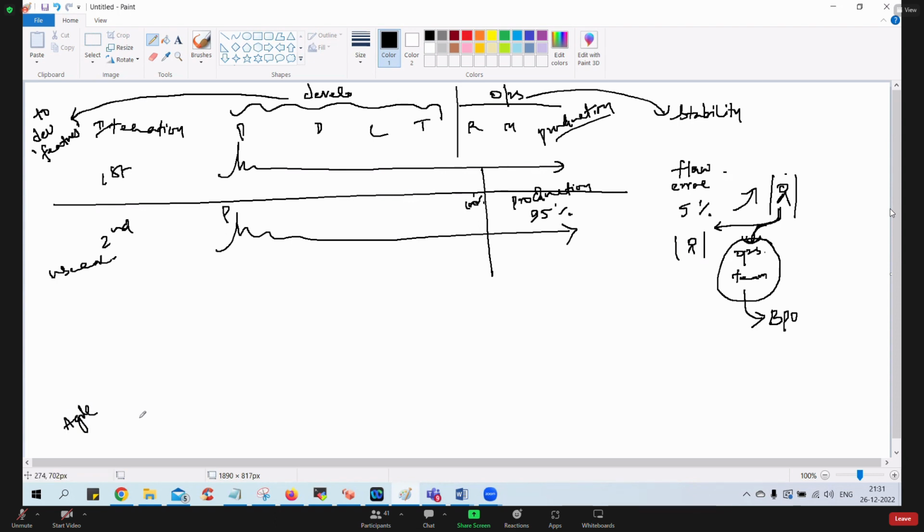Agile has made the BPO industry grow like this, right from, let's say, 0 to 100. DevOps is doing the reverse engineering, so the BPO industry is going down. Did you observe this? In the last 5 to 6 years, are you finding a lot of jobs in BPO? Once upon a time, BPO was a crazy industry, but even in BPO we see fewer jobs now.